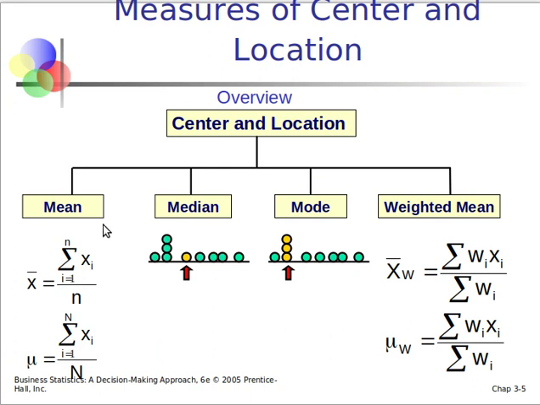The mean, graphically, the mean is the average, the arithmetic average of a data set. That is the sum of all the x sub i from 1 up to n, and divide by n, the number of the sample. That's the mean,